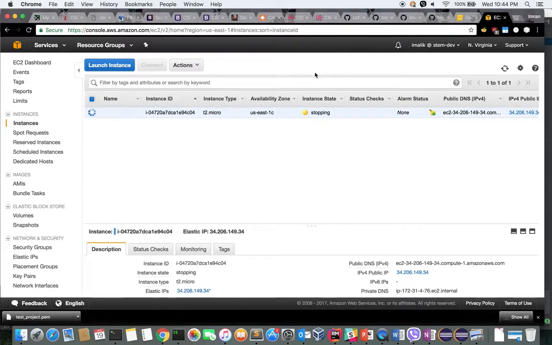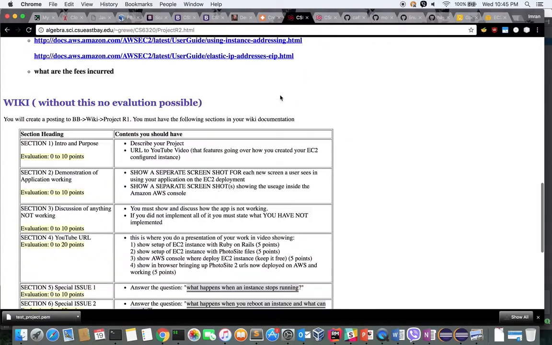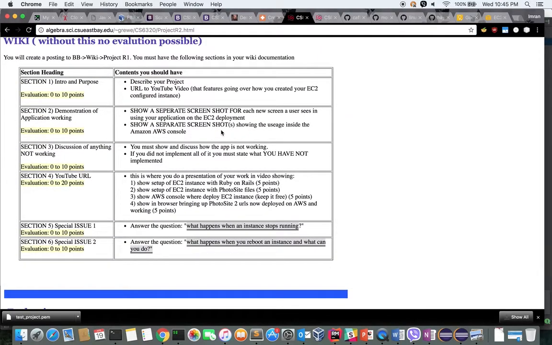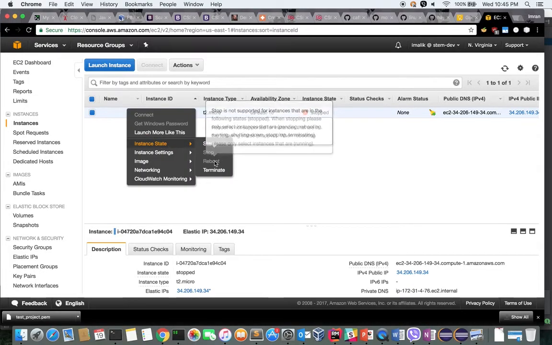So my instance is stopped now. You don't really lose your data. My data is going to be there, but what you are going to lose is any running process. All those processes are going to get killed, because instance stopping is like shutting down a remote server. Instance stopping is like shutting down the instance, but you can restart it; reboot only works for a running instance.